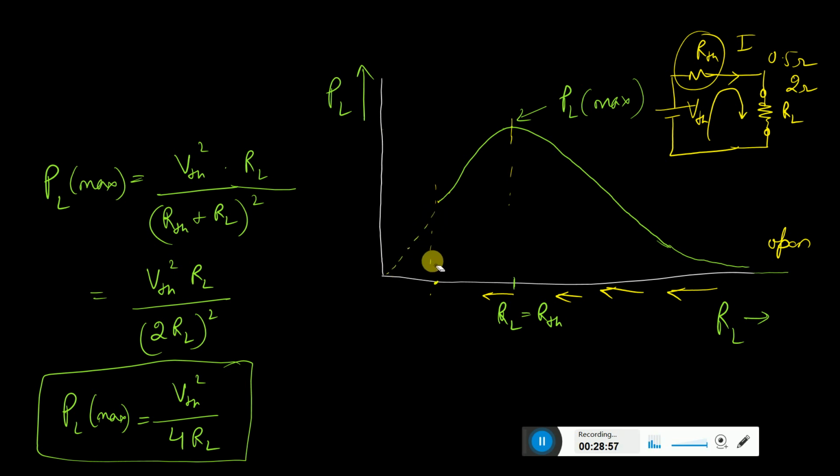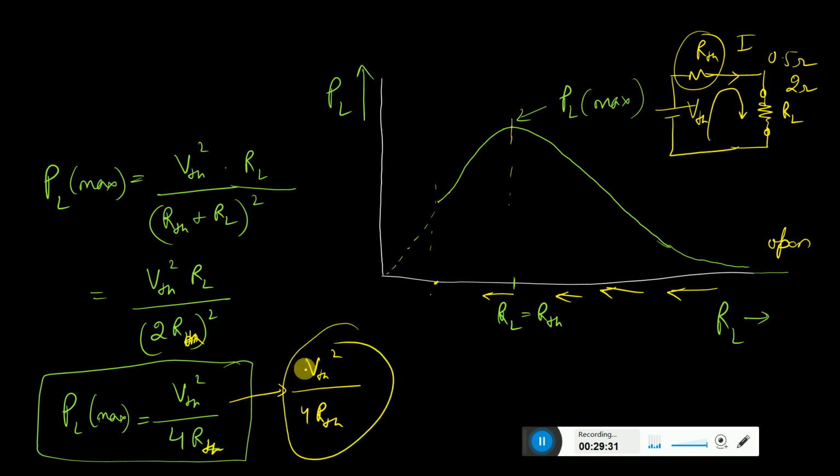You will get up to here only, and then you can put a dotted line and say it's being at 0. So that is how the maximum power transfer theorems are done practically in the lab. And here PL max is given, and if you put the value of RL as RTH, then you will get it in terms of VTH, better to write in terms of RTH. So here you will get VTH squared by 4 into RTH. That is the maximum power that is being